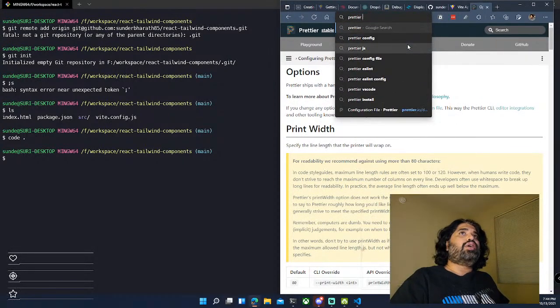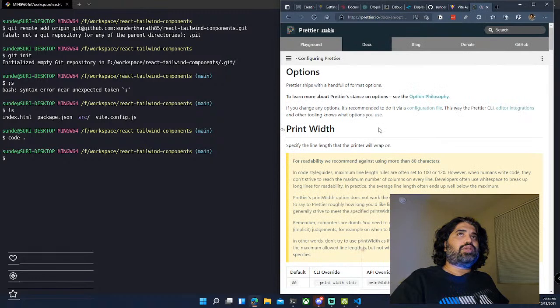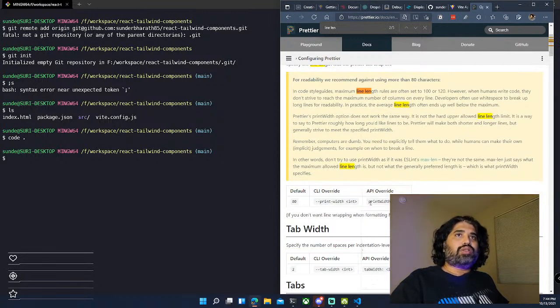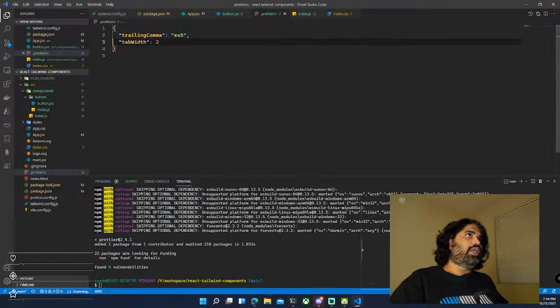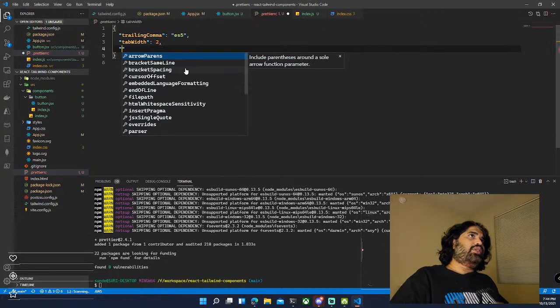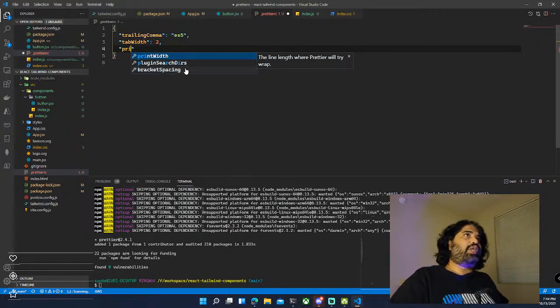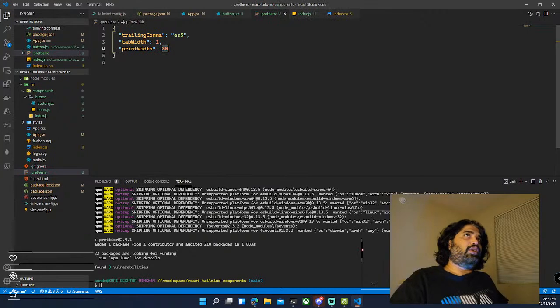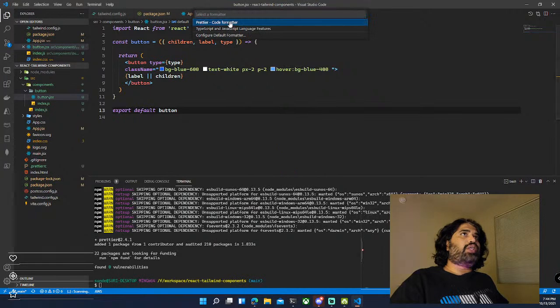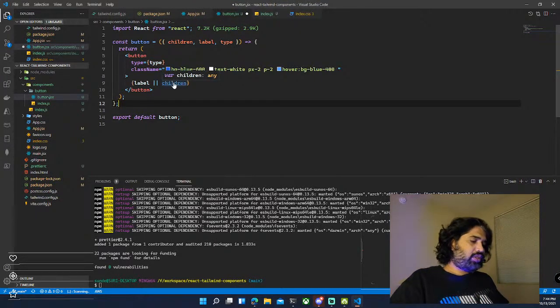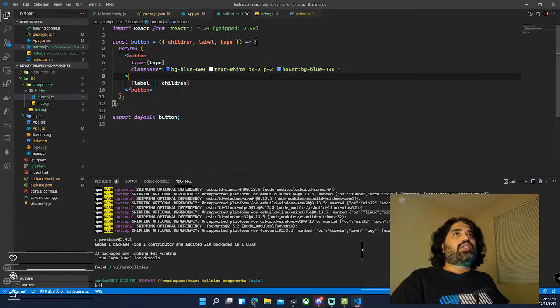Prettier line length. Yeah, options. It came here again. Line... yeah, print width. This one. I go back here and say, I mean, they should give you... Oh, it is giving. So print width. Yeah, that's all I need. So when you do this and format with Prettier, it should take care of it. Okay. So next time,